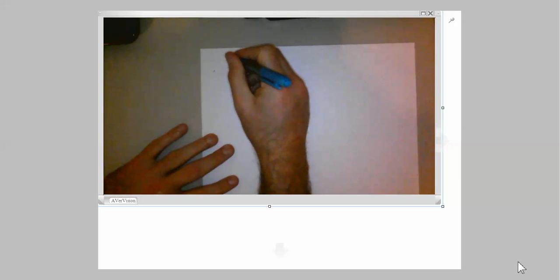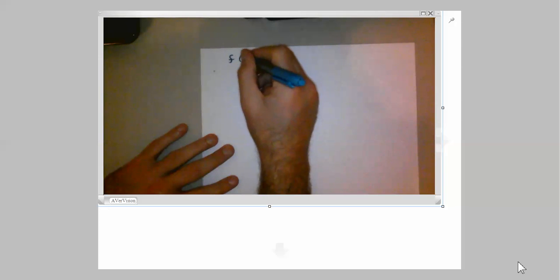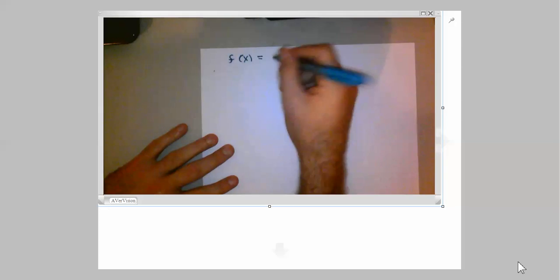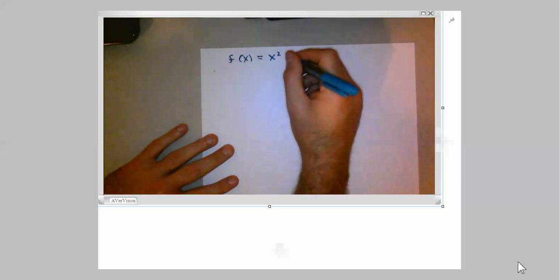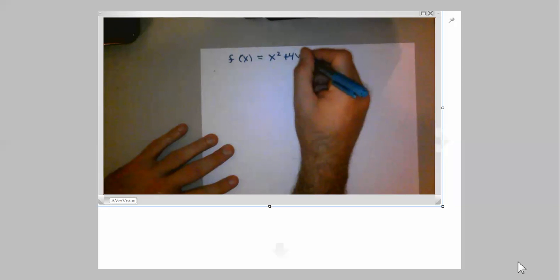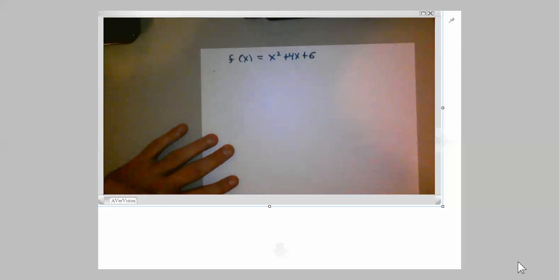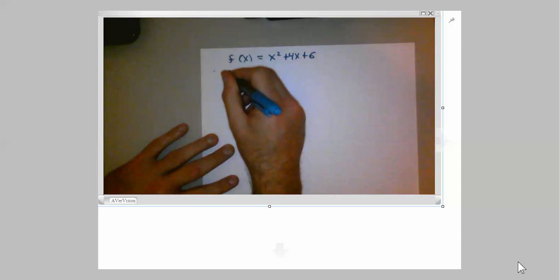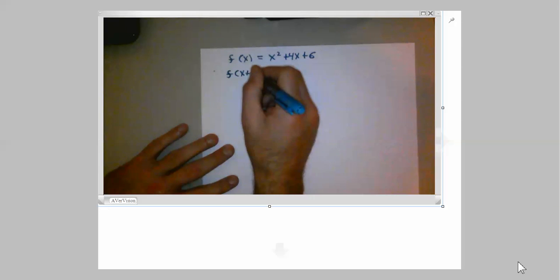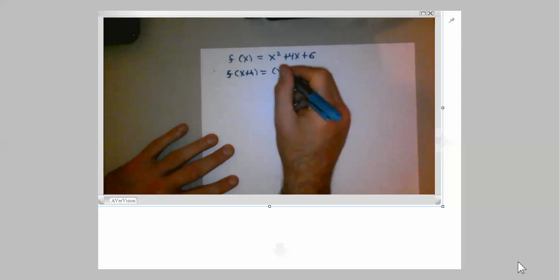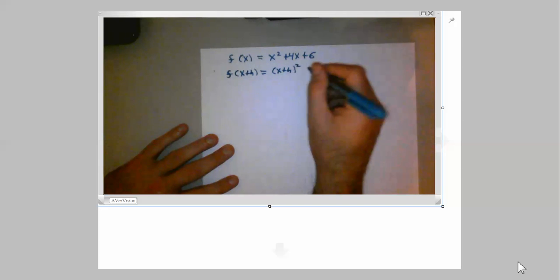Now, the next thing we're going to do is we're going to work on a difference quotient problem. Now, we want to find the difference quotient for the function f of x is equal to x squared plus 4x plus 6. Now, the first thing we're going to do is do f of x plus h is going to be equal to x plus h, quantity squared, plus 4 times x plus h,